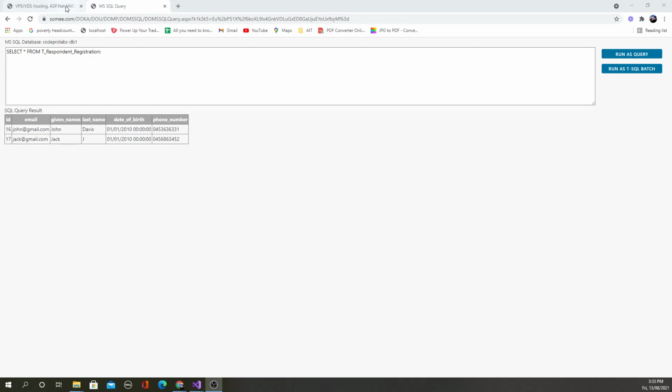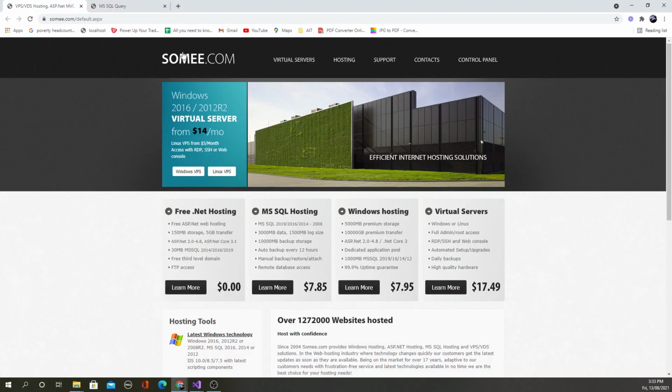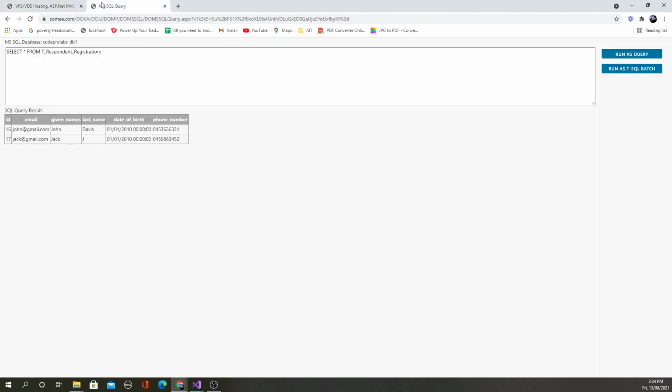Okay, so you remember we were using this MySQL, MS SQL server online from somee.com, and then we explained to you how to go to this. Look at the previous lesson in this series about the database of the complete project. So now you can see when I run the query, it says John is already there in this table, select. So that is why it was giving me this message telling email already exists.